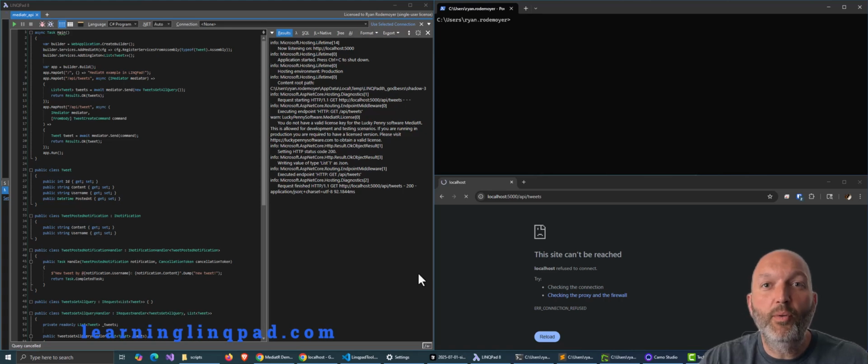CQRS is a way to organize your code to maybe make it more scalable. Now, there's probably been a lot of hype about this, and you've probably heard about it before, but maybe you've never used it. If you want to learn if it's hype or if it's fear, uncertainty, and doubt, then please